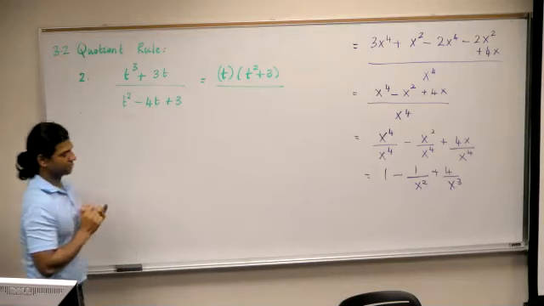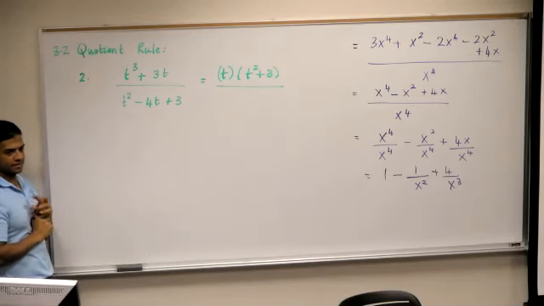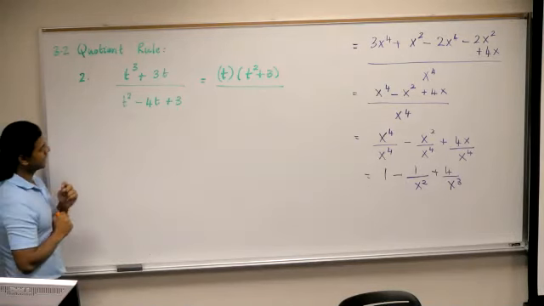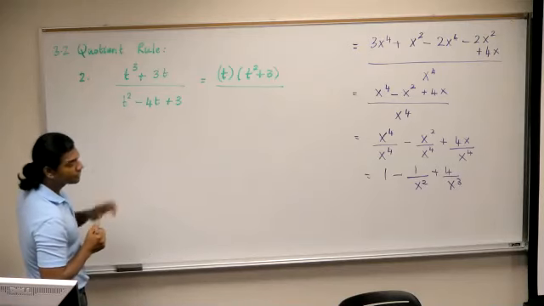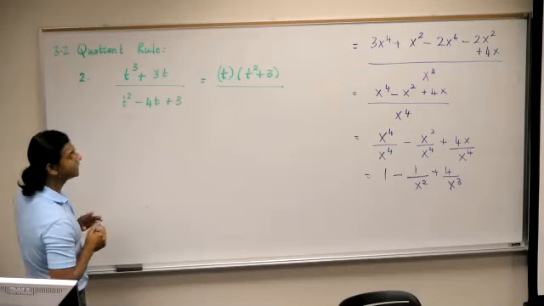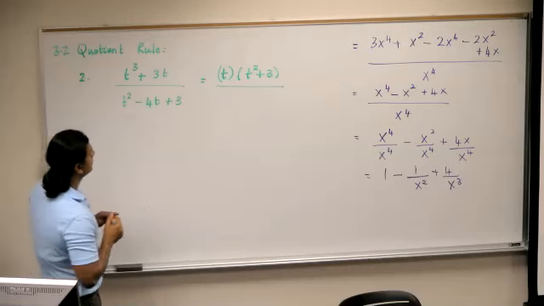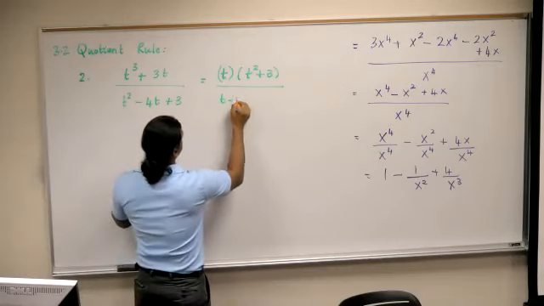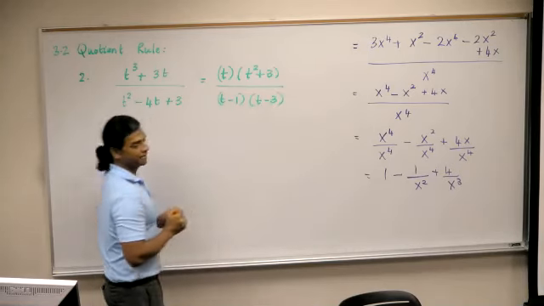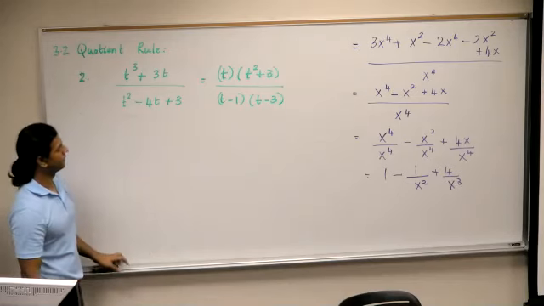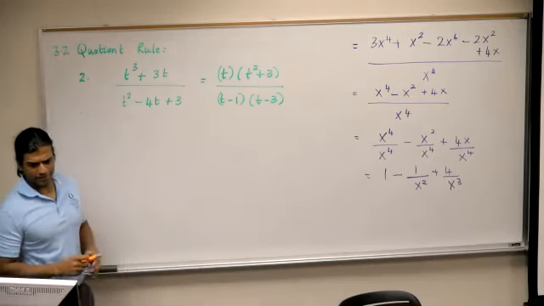What about the denominator? Is it possible to factor the denominator? Okay, how? t minus 1 times t minus 3. Right? If you factor that, you will end up getting